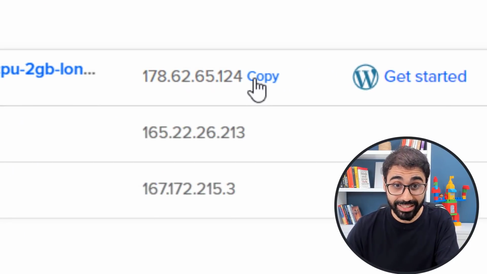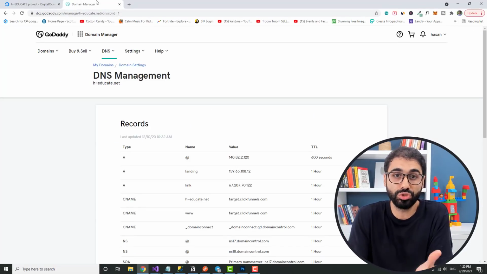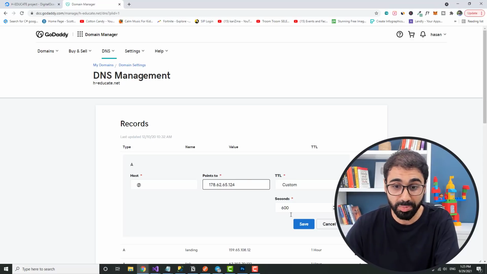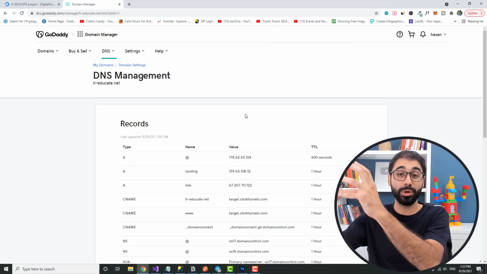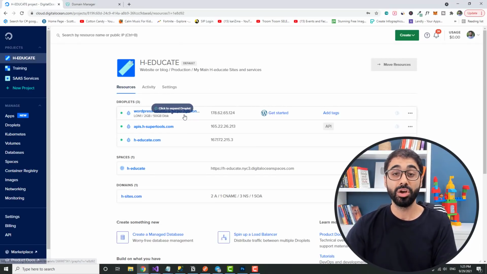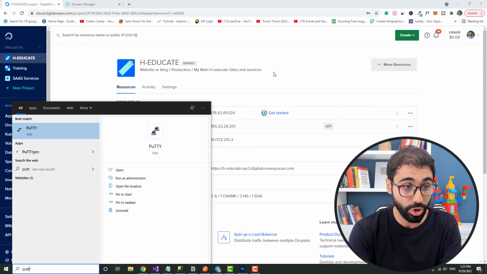Now just copy this IP address, go to your domain provider, to your domain name, and simply edit the main record, paste the IP here, save. Now our domain is pointed to our server. Very nice. What you are going to do now is to copy again the IP and run an application called